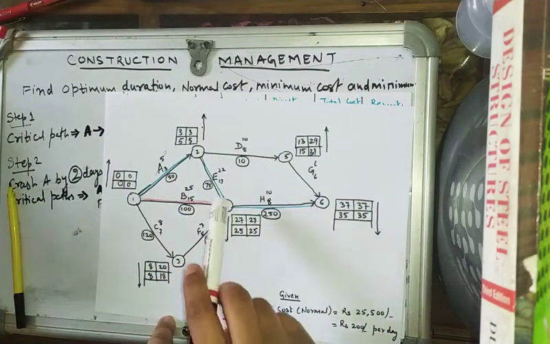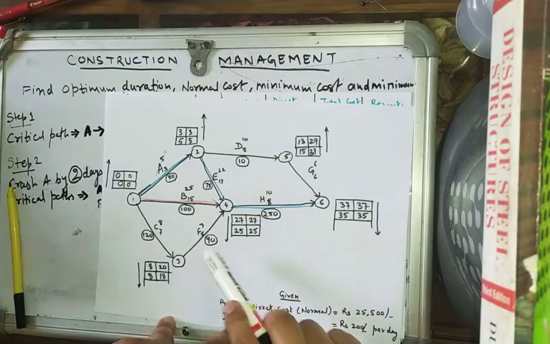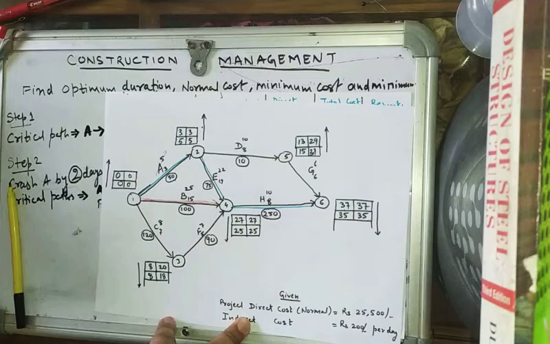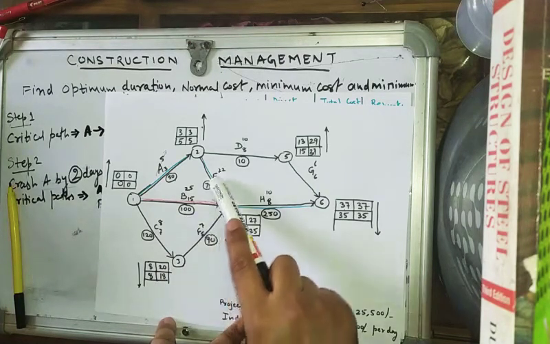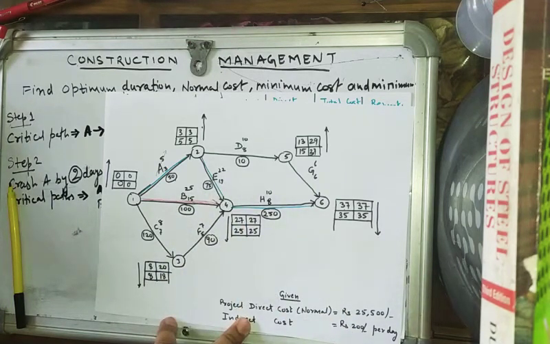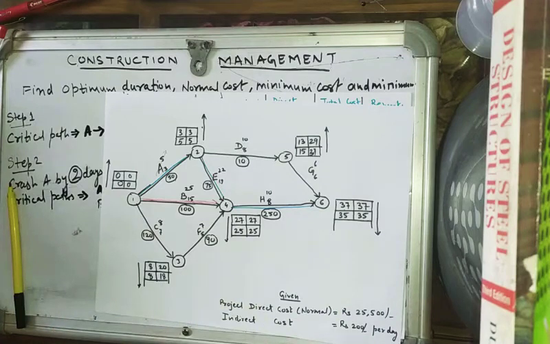So now we have got activities E, B and H. Here we see that these two are parallel activities, B and E. So in such cases where we have parallel activities B and E, we have to crash these two activities simultaneously. So here we will see that,